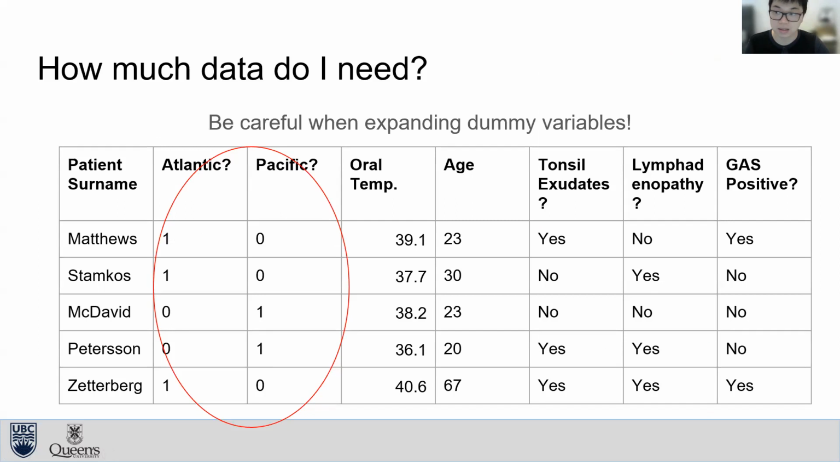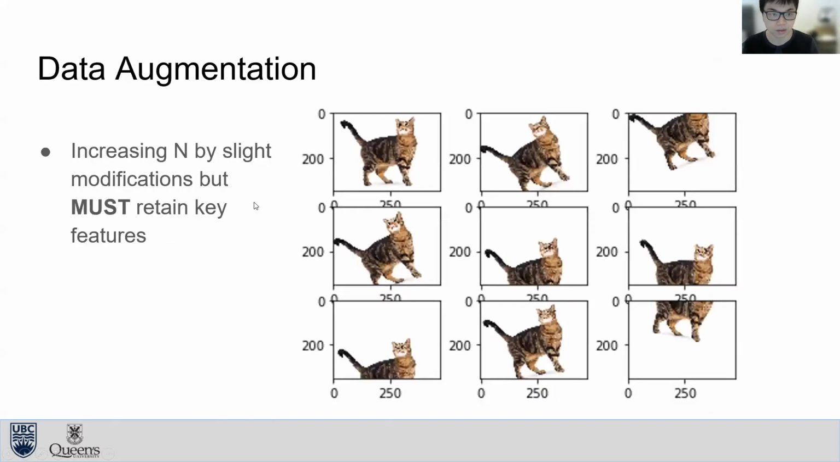Now, this comes back to the point I said before. When you expand the dummy variables, you increase your data demand. So by doing this, I just increase the data need by, let's say 10, if I'm going by that rule of thumb. What we can do to increase the amount of data is a technique called data augmentation. This is when we change our data slightly so that it still retains the key features, but it is mathematically